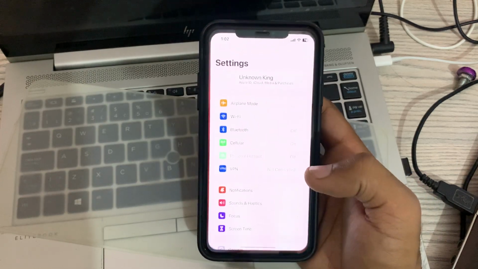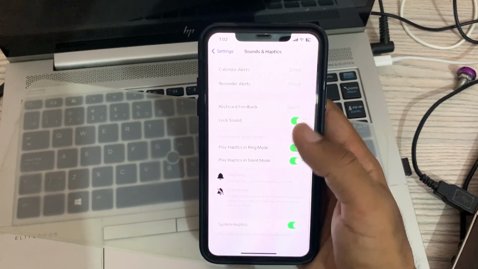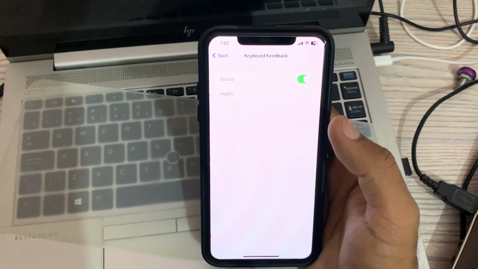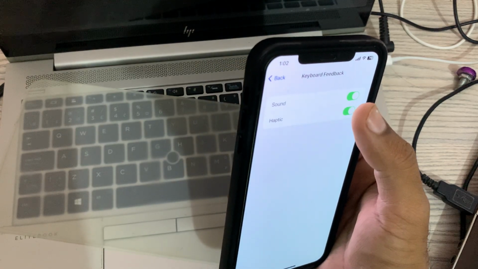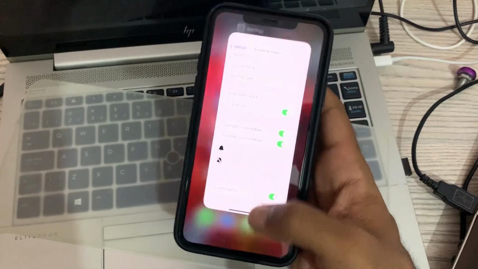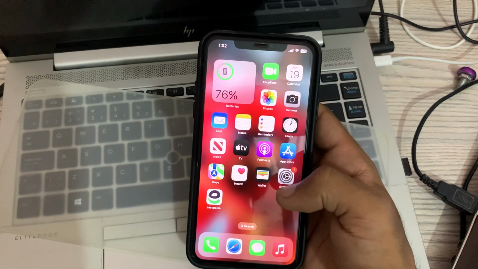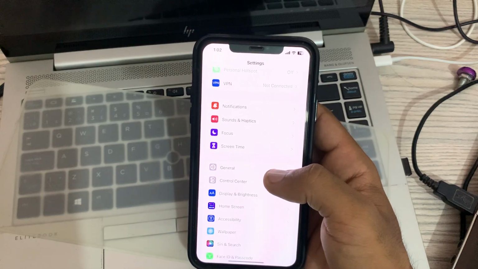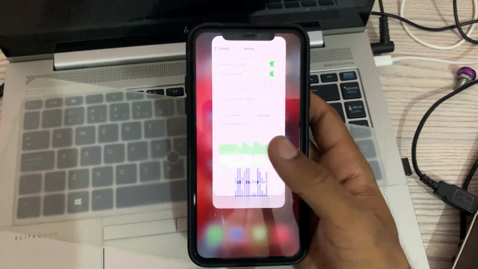So for this, go to settings, tap on sounds and haptics, scroll down, tap on keyboard feedback, and here is the sounds and haptics. So simply tap to turn off haptic, and then after this the next solution is enable low power mode on your iPhone. So for this, go to settings, tap on battery, tap to turn on low power mode, and then